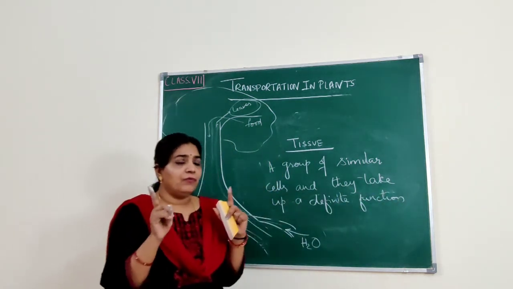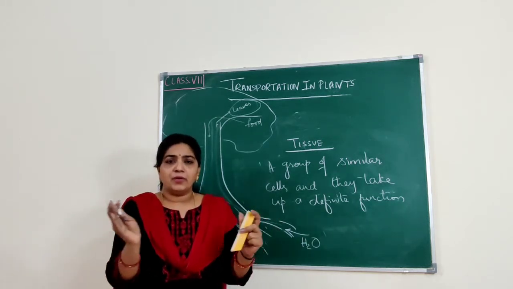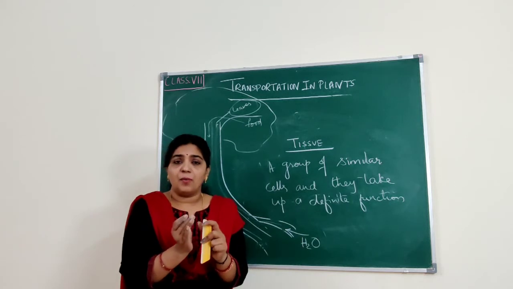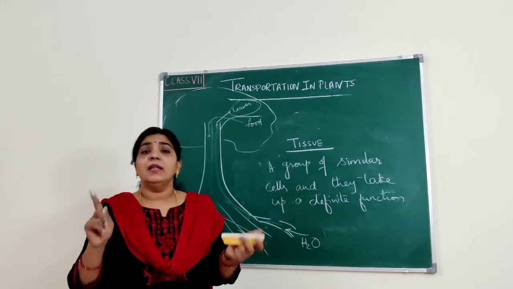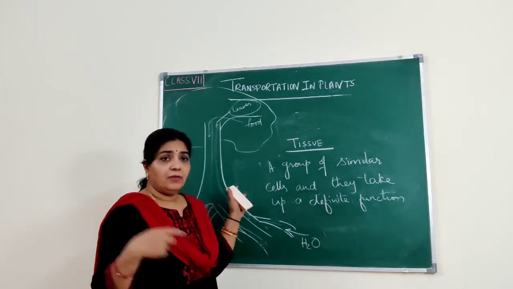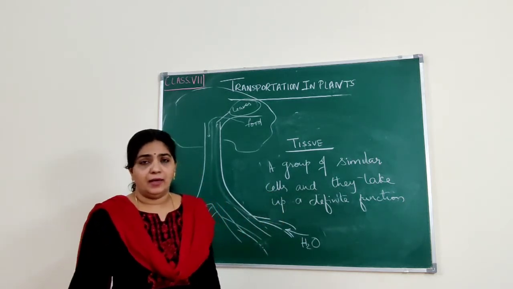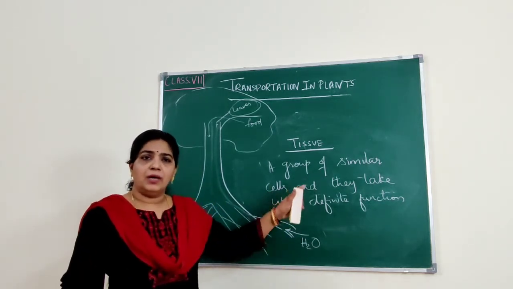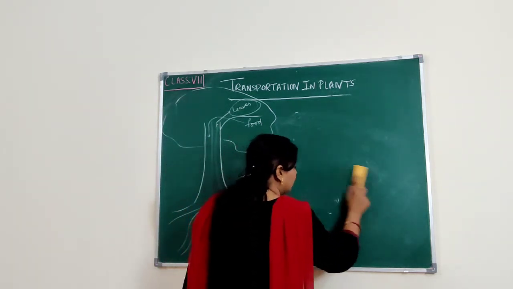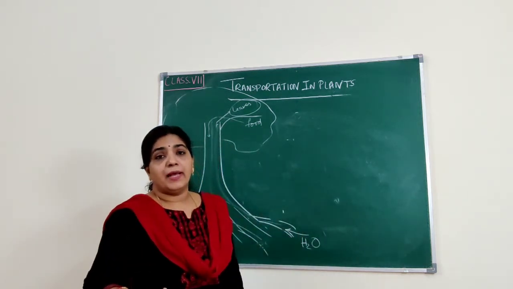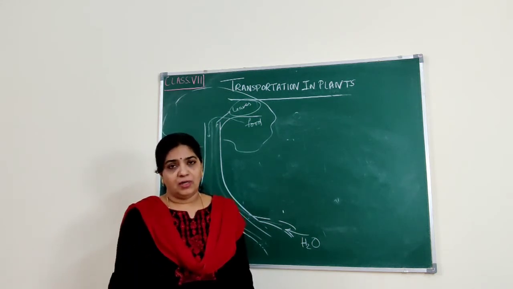So tissues should always be similar cells. All the cells will look similar. When similar cells form a group and they take up one specific function, one definite function, they form the tissue. Even in our animal's body, we have 4 different types of tissue which you will be learning in higher classes. For the time being, you learn what is tissue. And what is vascular tissue? Vascular tissues are the tissues present in plants which help in transportation of food and water